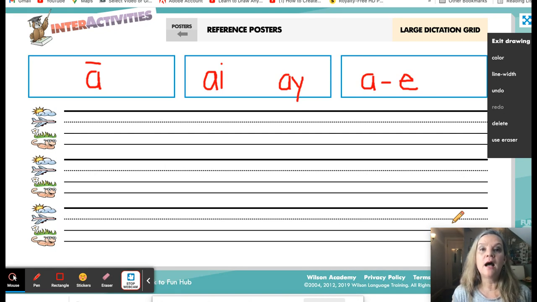Okay, the sentence is, I will play at the lake. I will play at the lake. There's 6 words. Sit up nice and tall. Start capital letter. And the sentence is, I will play, do your best. I will